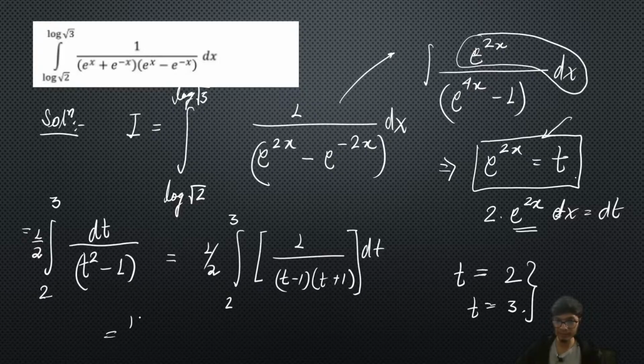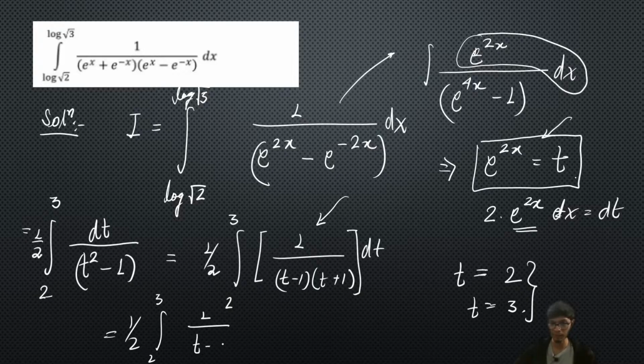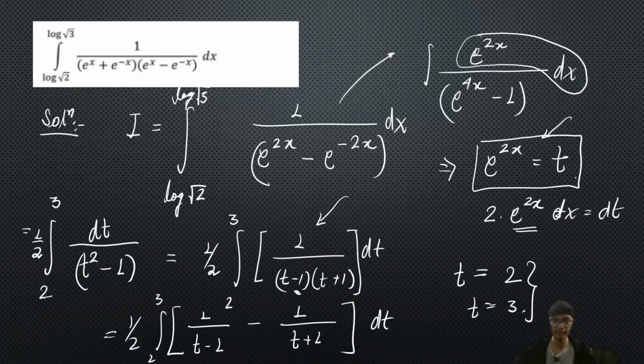So further on we can simplify it as half times, within the limit 2 to 3, and now there is a very minor step over here. We can also do it by using partial fractions, but we can avoid the partial fraction by doing the simplification ourselves, that is 1 by 1 minus t minus 1 by 1 plus t, okay, as simple as that. And from here if we separate the integral and solve it, we are going to get the result as,